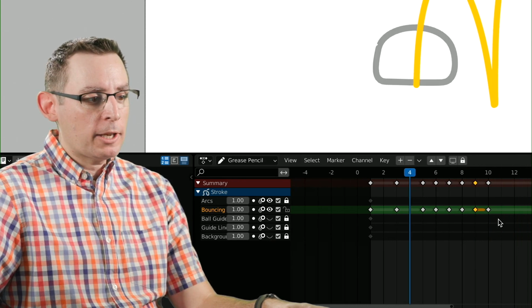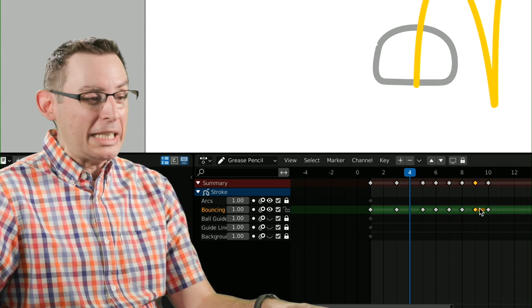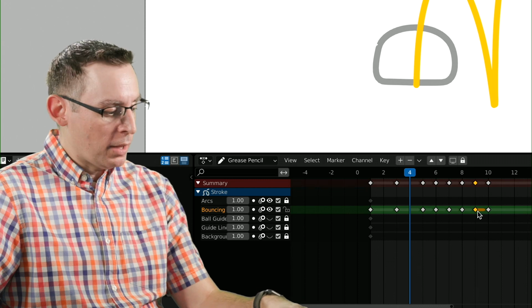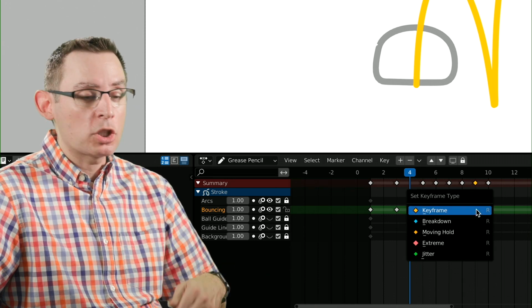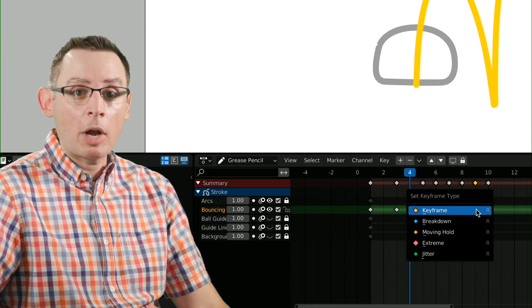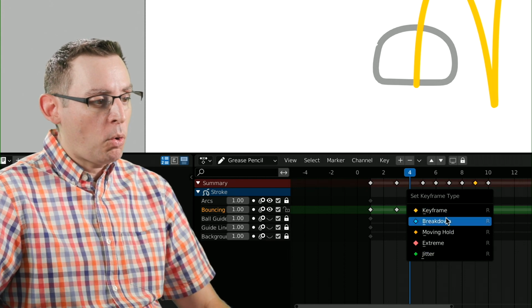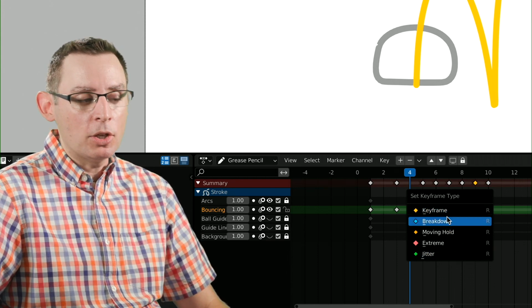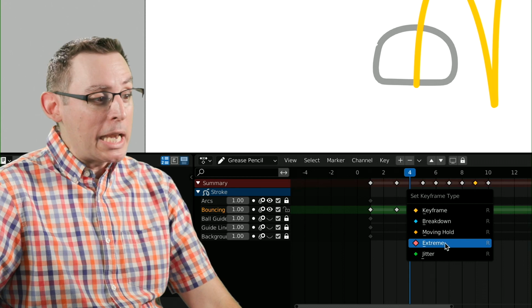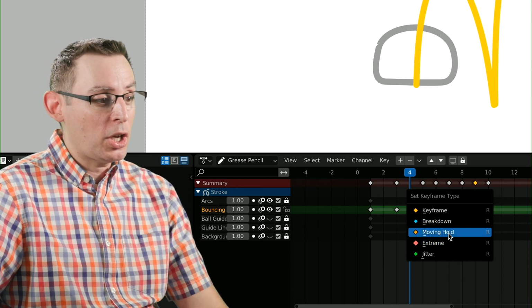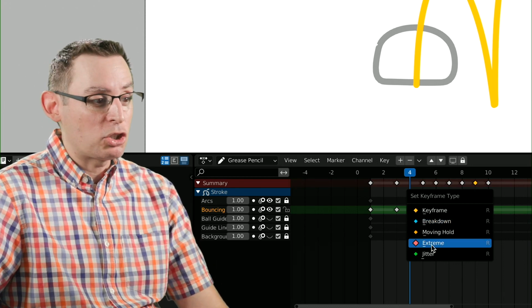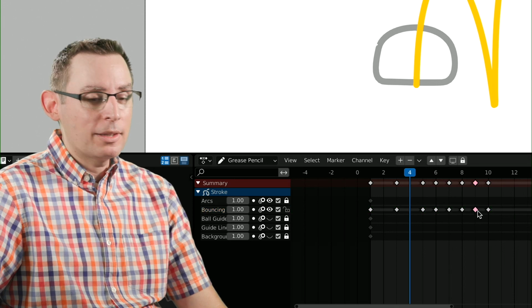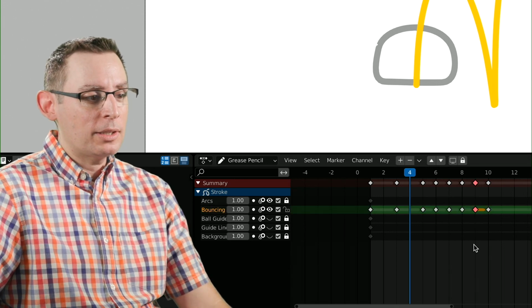Now, if we wanted to change the keyframe type of any of our keyframes, it's really easy to do that. So 2 ways we can do that. The first way is through a keyboard shortcut, which is the R key. R as in Robert or Romeo. And we have a whole series of keyframe types that we can use. Now, these aren't really going to do anything other than just change the color and the size. I like using the extreme one because it makes it this lovely shade of pink. And then when we select it, it's nice and red.